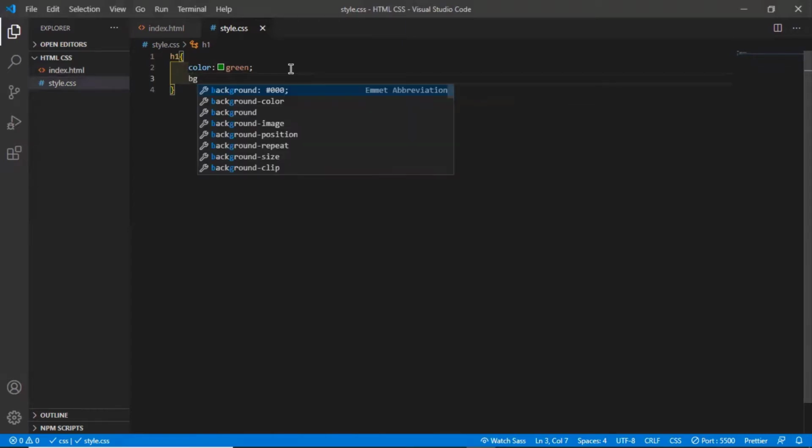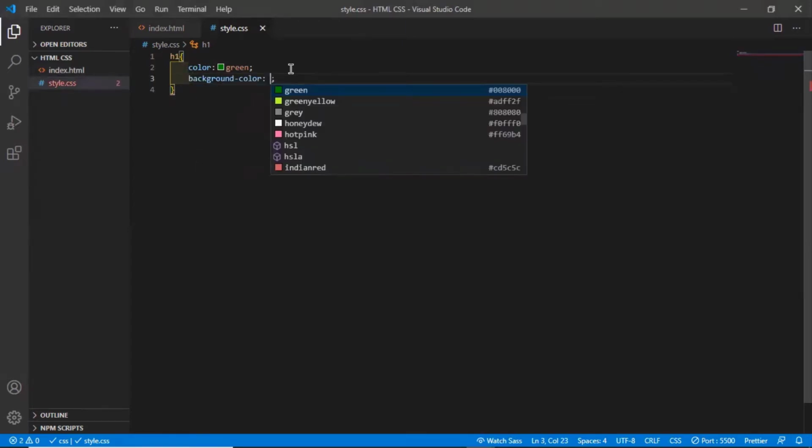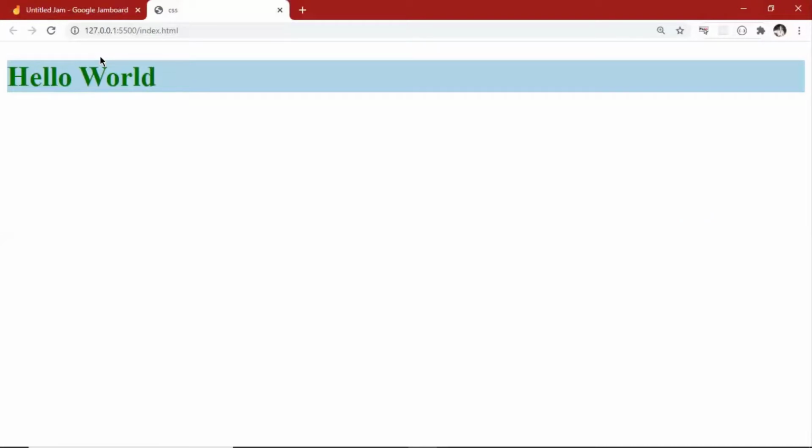So now let's do background color, and I will put it as, let's say, light blue. Let's check what happens. Now you can see that the letters of the H1 are green but the background is light blue, but you can see that it is containing the whole width.